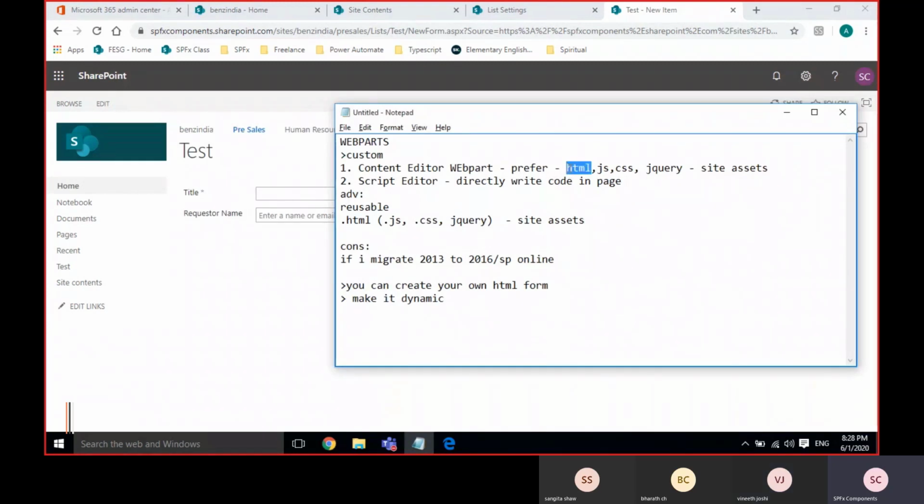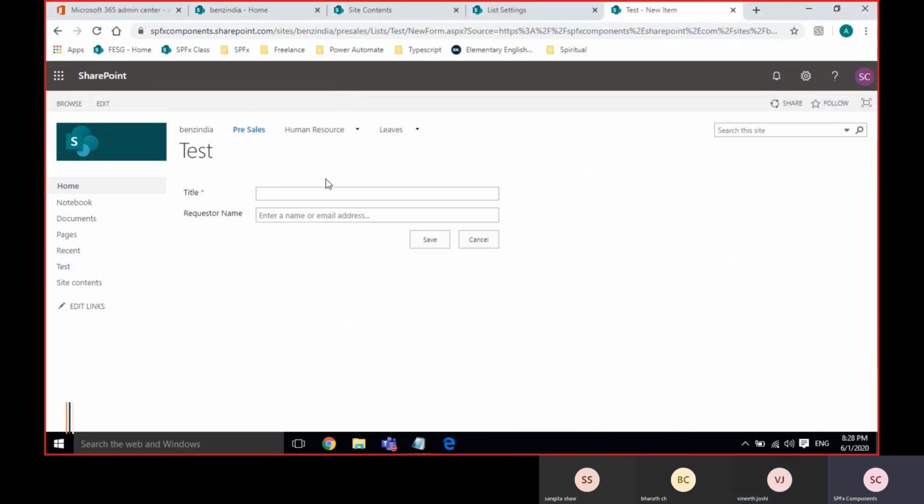If it is a file, any tool like ShareGate or other third-party tools will copy files like HTML, JS, CSS. With the script editor, the code is merged directly in the page, so it won't be able to be copied from one environment to another.